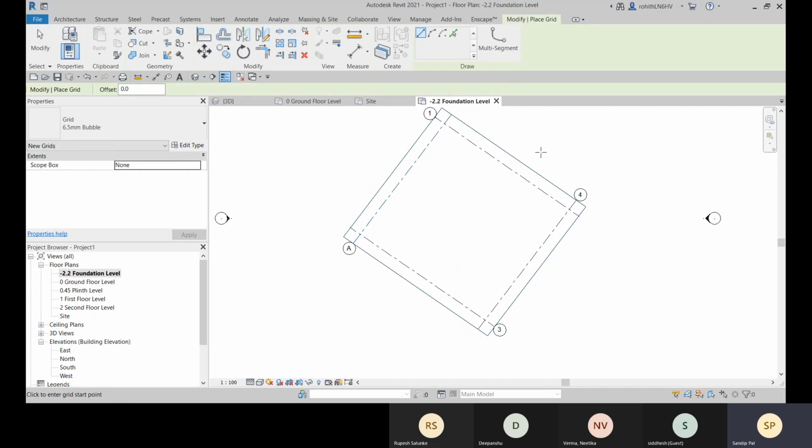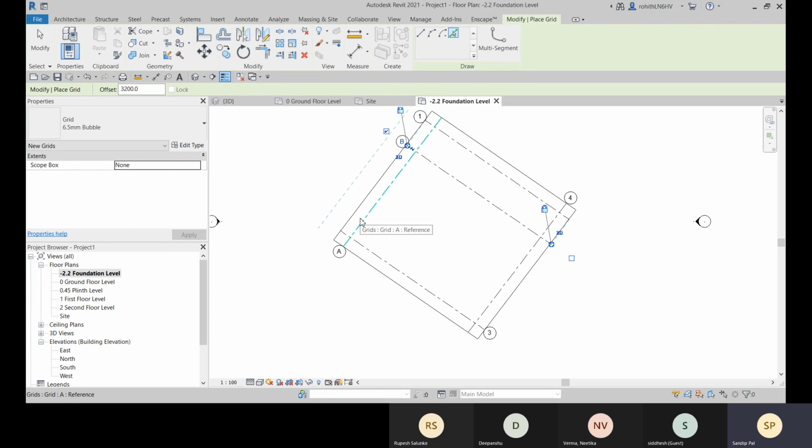GR is the shortcut for creating a grid. You can choose this pick line option. You can place some arc or curve grids if needed. So I'm going with this pick line option and putting in the offset value.